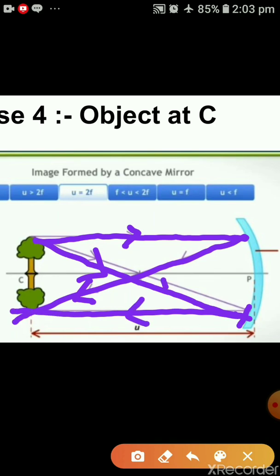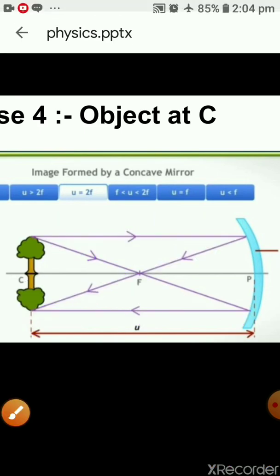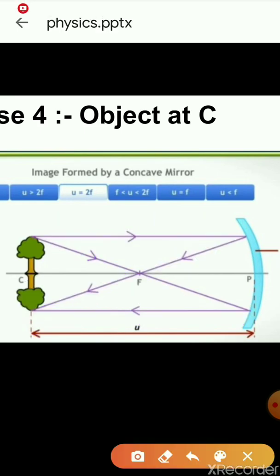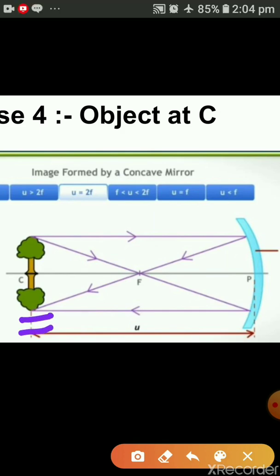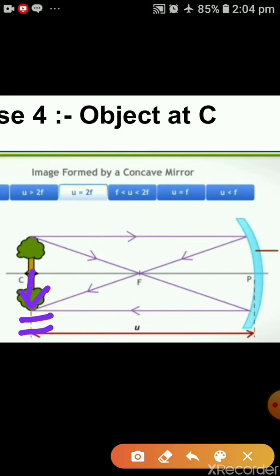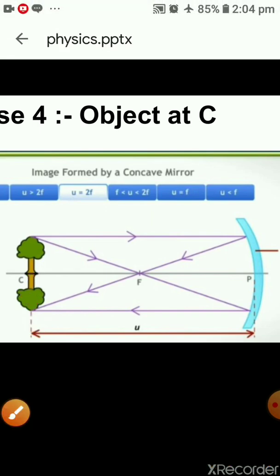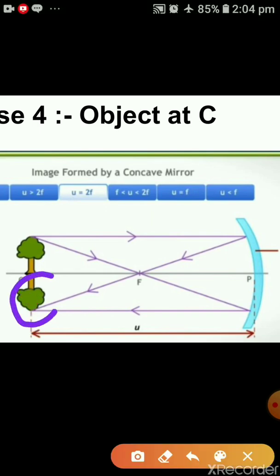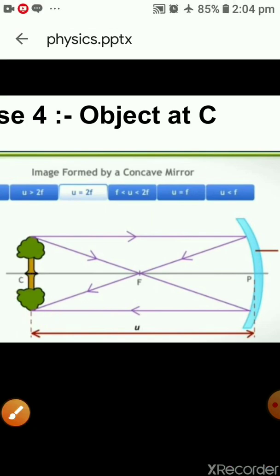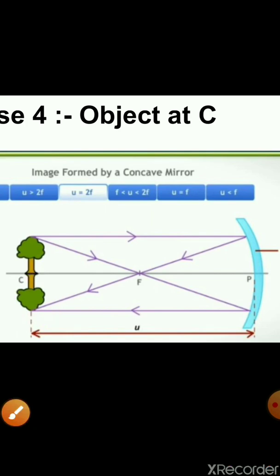So in this case, these two rays are actually meeting at some point. At this point only the image of the object will form. You can see here easily where we are having our object. Again it is at C, but how is it looking? Inverted. What type of size is it having? It is having the same size. So if we are writing the characteristics, the first characteristic, nature, will be